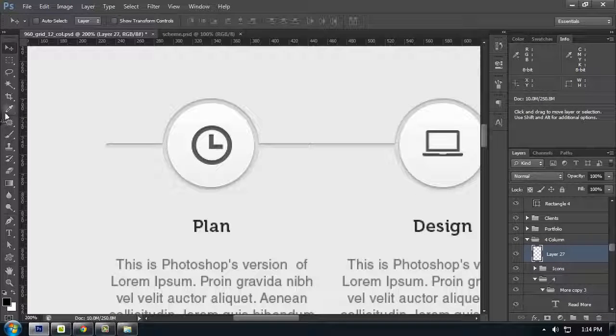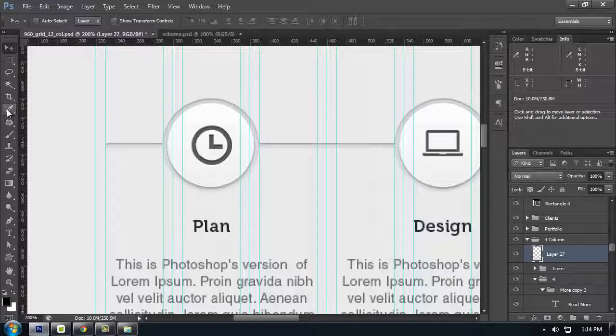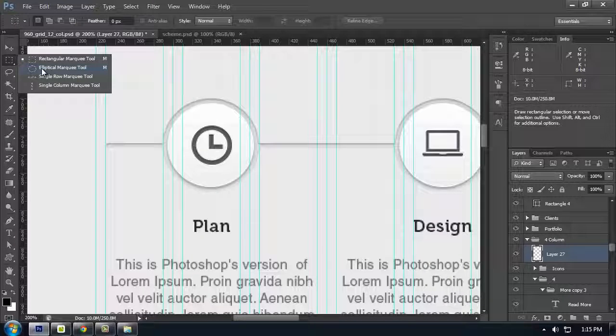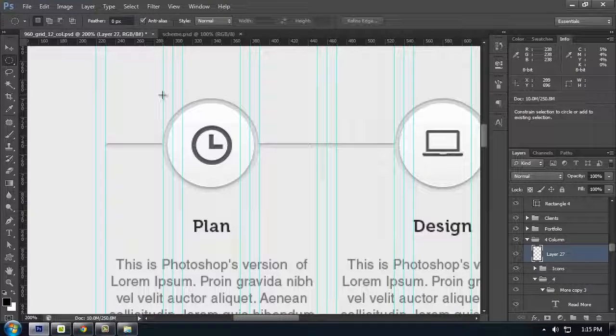Above it, show the guides, and then use the elliptical marquee tool while holding Shift and dragging until you reach this guide. The width will be 100 pixels by 100. Release the Shift and the mouse,